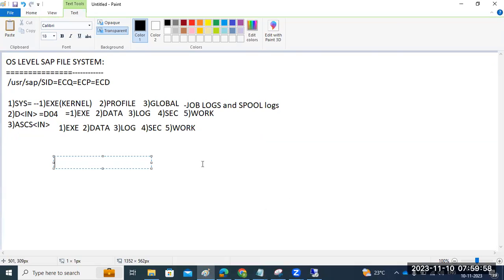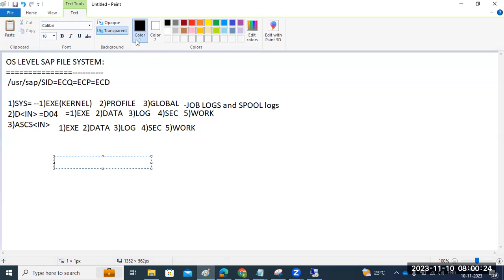But SAP recommends keeping the last 14 days of data in the system. Why? Because if something goes wrong and someone comes back after 10 days, then we can review. But if he comes back after 15 days, there is no data. We can simply say there is no data in the SAP system, so we cannot provide anything. Okay.